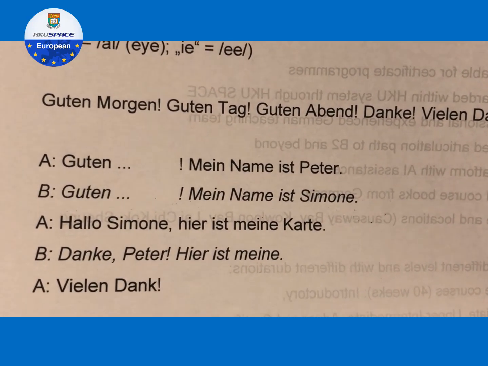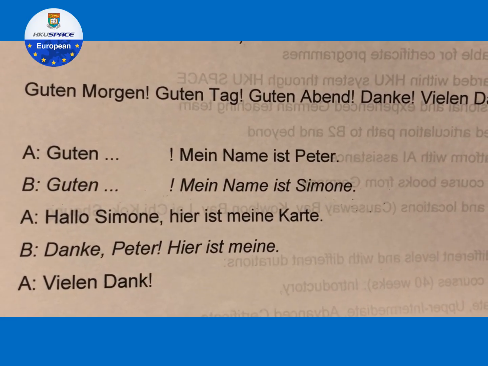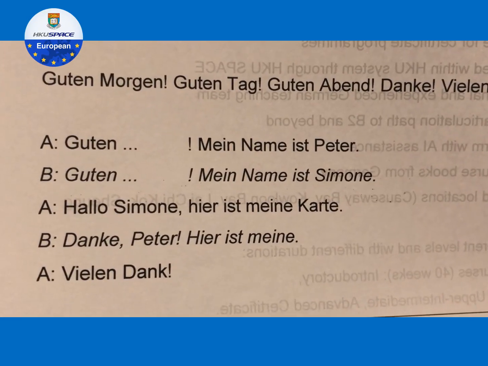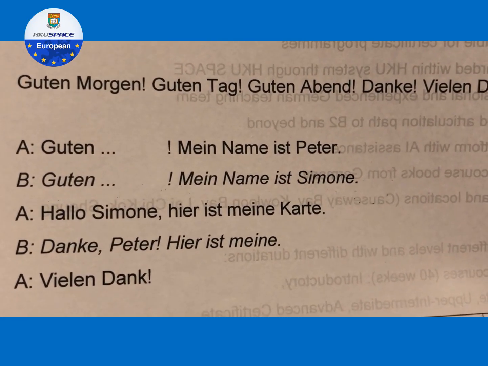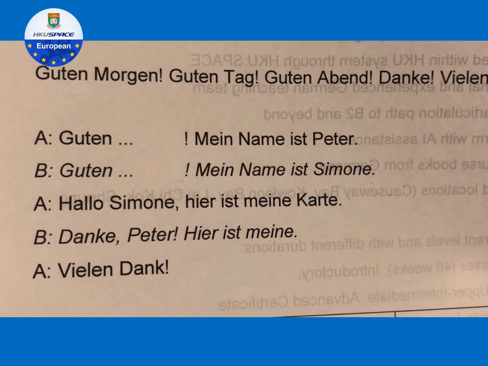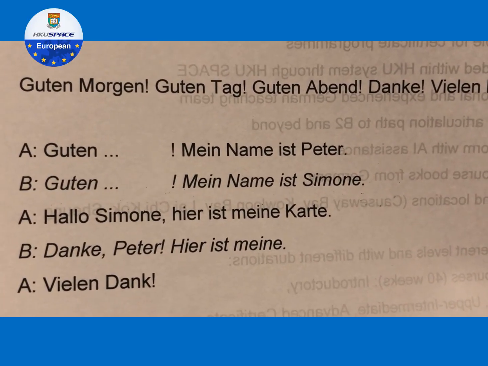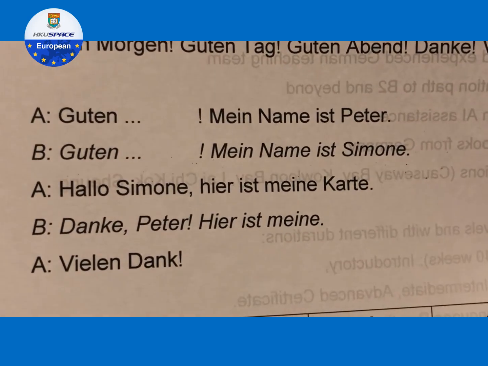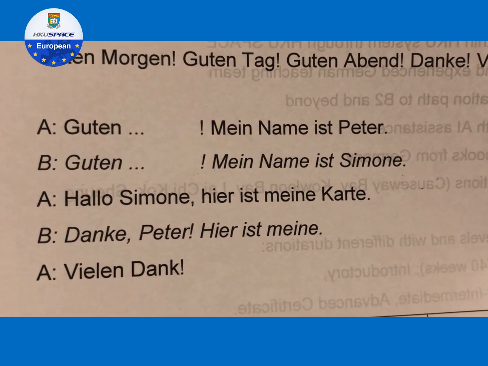And then when we practice, you use your real name. And then the other person replies, Guten Abend. Guten Abend. Mein Name ist. Mein Name ist. The first name, can you read it? When you think the E is always E, we cannot say Peter, we say Peter. My name is Peter, and the second name would be my name is Simone. My name is Simone.